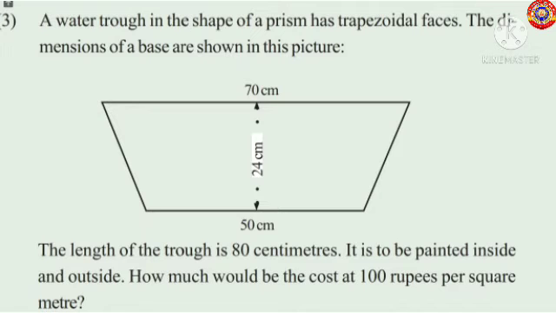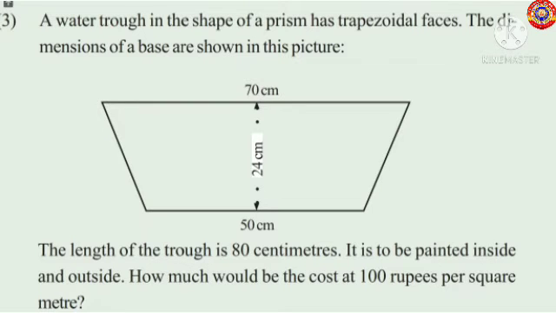Okay. We know that it has a bottom and the bottom must be a rectangle since it is a prism. Then two sides as bases and then the other two sides also rectangles. Did you get the idea of the trough? Okay, let's solve the problem.